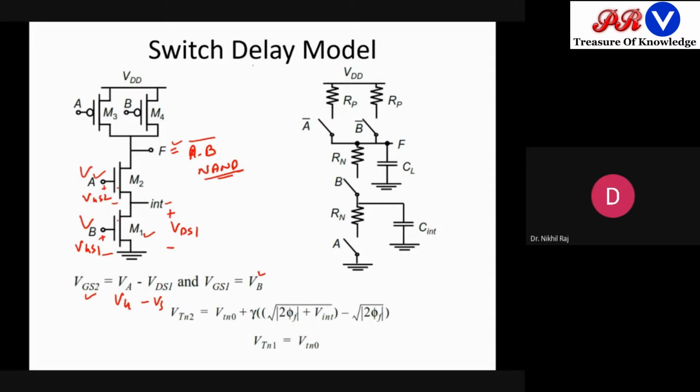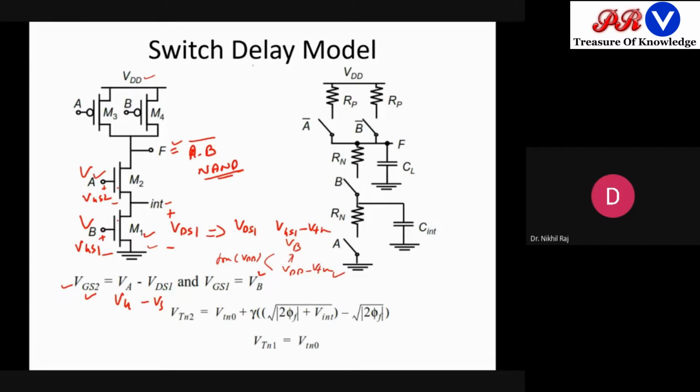From here, what can we deduce from this expression? Let's check VDS1 with respect to VGS1. Here it is VDS1, and here it is VGS1 minus VTH. VGS1 is nothing but the VB voltage we have applied, and this VDS voltage will be a fraction of the output. This is the full swing voltage which we are applying, nothing but your VDD. So this is VDD minus VTH, and this is a fraction of VDD, so definitely it will be less. So what we get from here is that this will operate in the linear region.